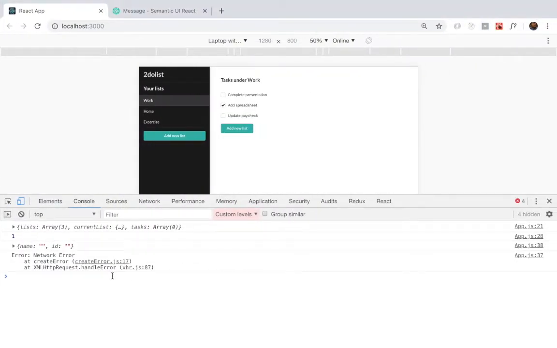Once we run that request, and check in the console, we receive an XML HTTP request,